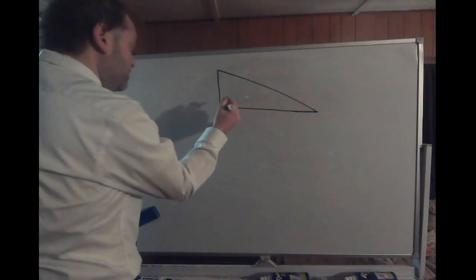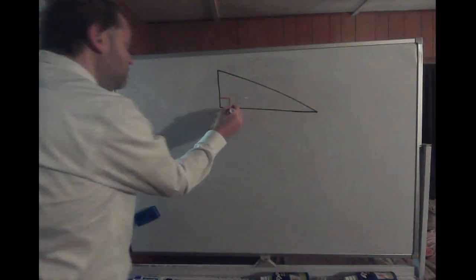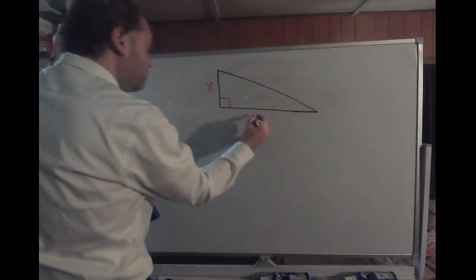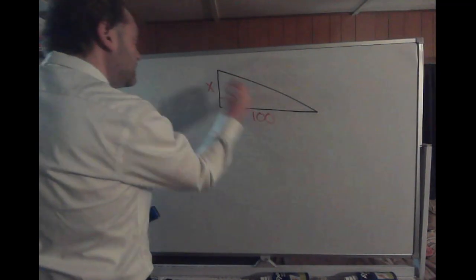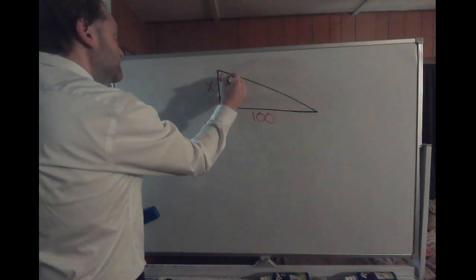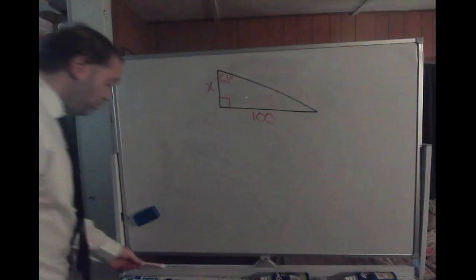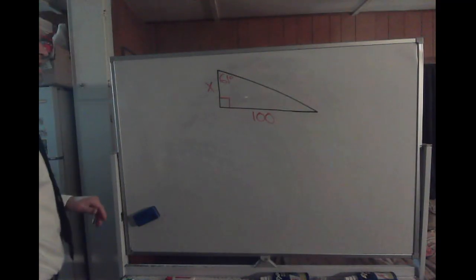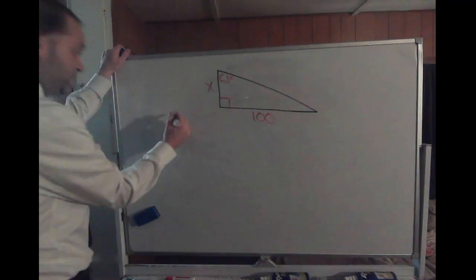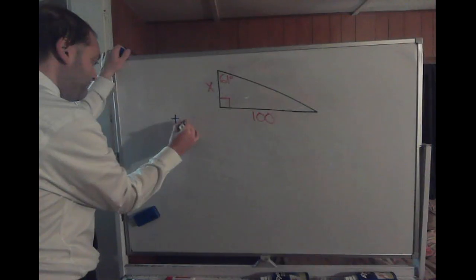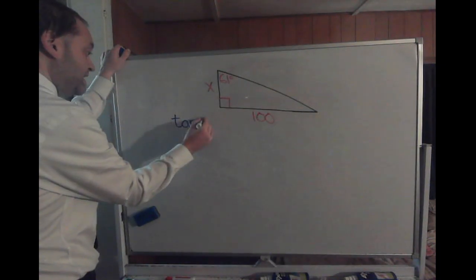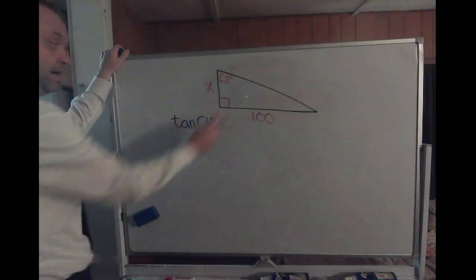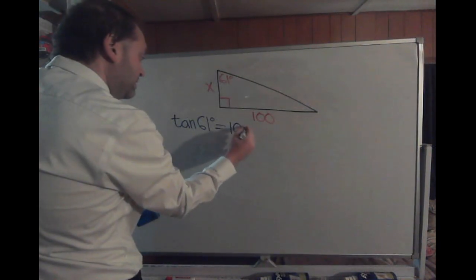Here's another right triangle. X, 100, and 61 degrees. Okay, so we're still, of course, finding the value of x. So we're going to go ahead and set up our tangent of 61 degrees, which would be equal to the opposite leg of 100 over the